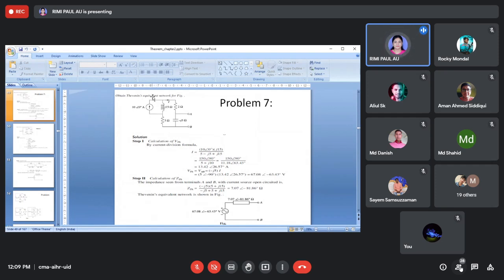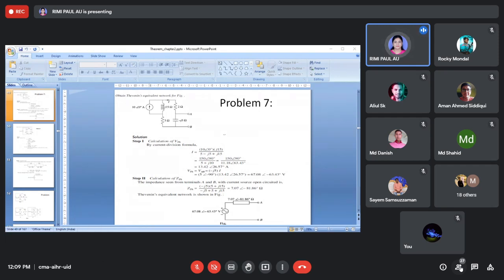If you see from this side, you can get another approach. Current is divided here, so these two are parallel. Again, you will check if the current is flowing through this. Suppose I want to find out the equivalent impedance. So I will see that current is flowing through this branch, so this will be in series.